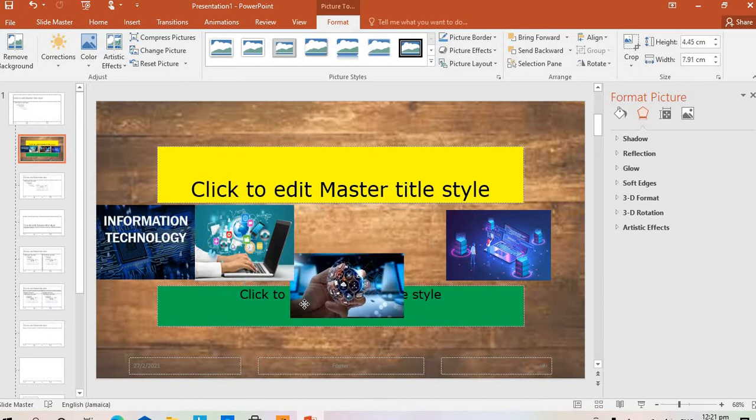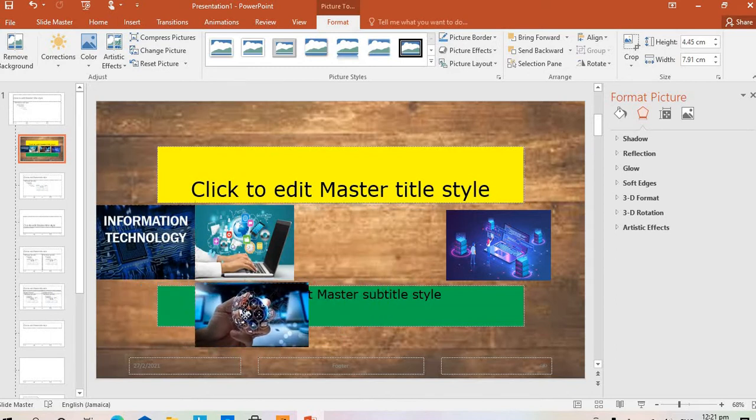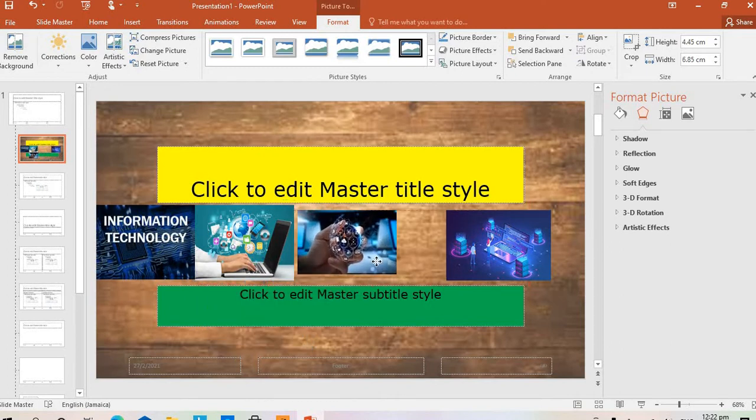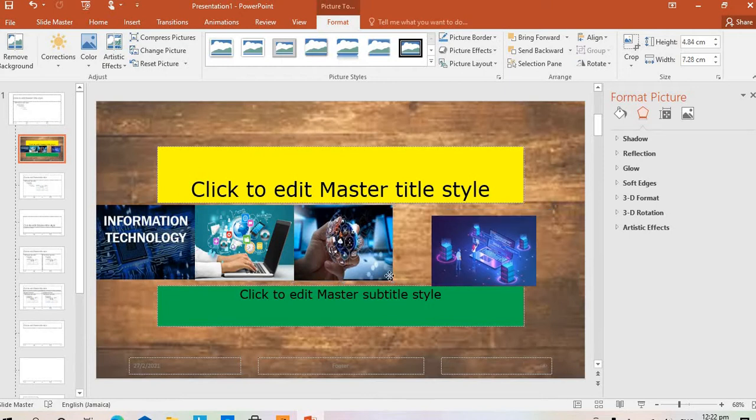So I adjust that one. I can come and do the same thing with this one. So I'm adjusting these. I'm making a banner just to enhance my presentation. And I'm putting them beside each other. So I'm stretching this. I want it to be a bit wider. So I'll be stretching it and making it as wide as I want it, so that it matches with the others. I do the same thing for this one